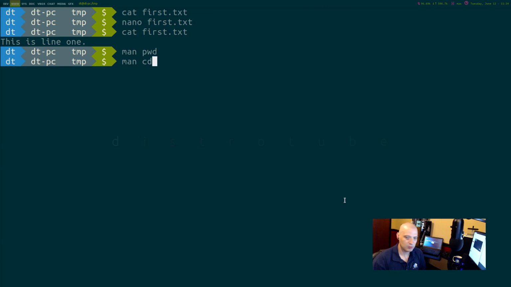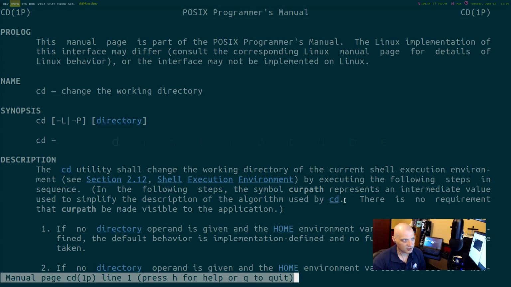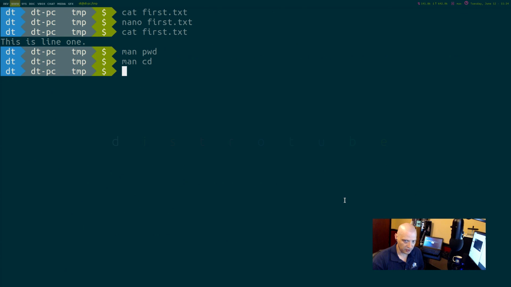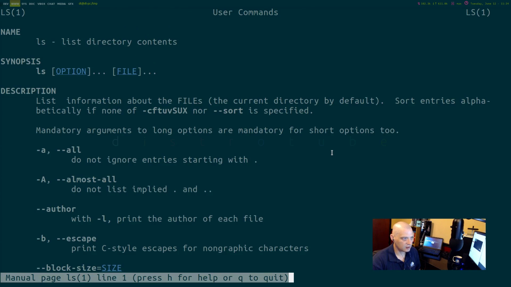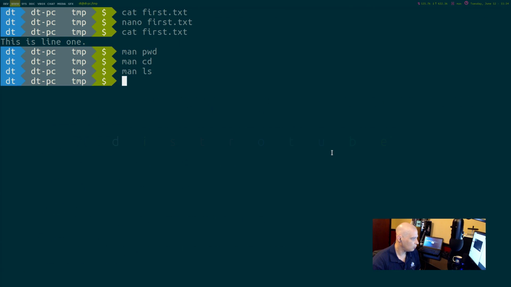Now this will be an interesting one because I know for a fact cd is one of those very few programs. Well, it does have a man page. I thought it didn't. I know there's one that we've covered already that doesn't. I think somebody mentioned it in the chat. One of you guys asked about a man page that wasn't there. I'm trying to catch up on the chat here. Well, let's just cover them. How about man ls? Does the list command have one? Yep. Quit.